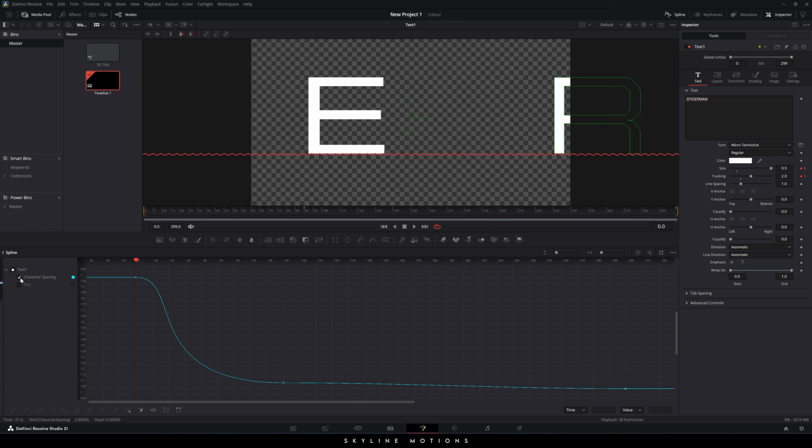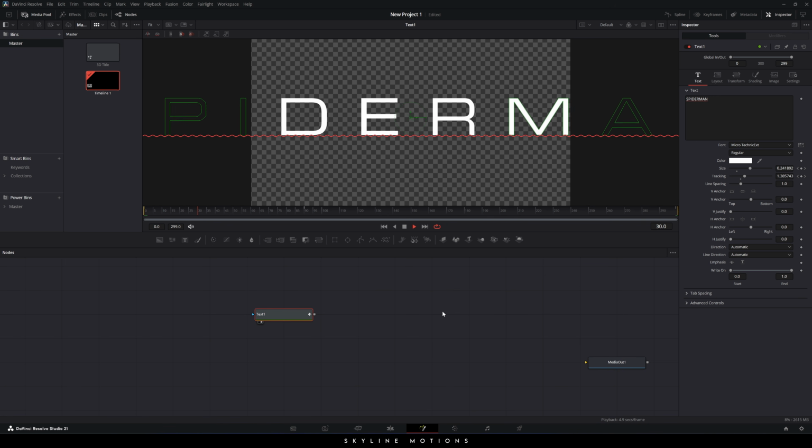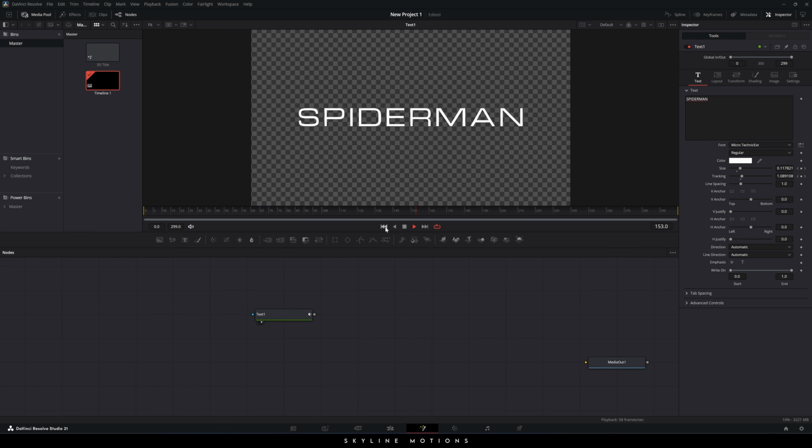the size parameter. So uncheck the character spacing, check the size, click on fit, highlight these two keyframes first, hit S on the keyboard, hold this handle and create a nice smooth curve just like this, and then select these two keyframes, hit S to smooth. Alright, now you can close the spline window, and if you play the animation you will get a nice smooth